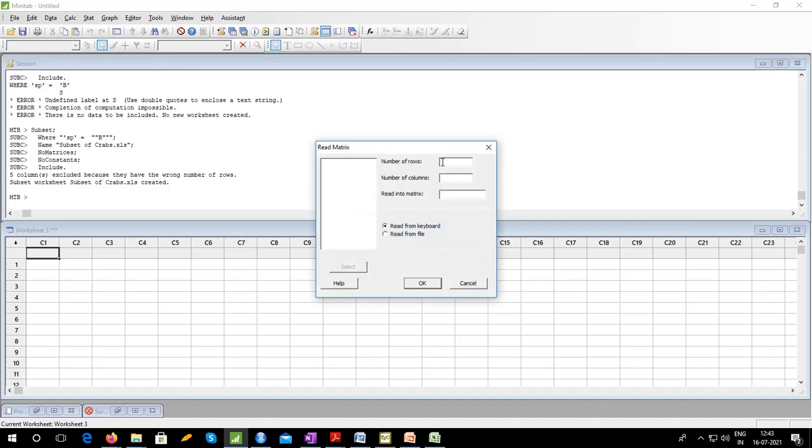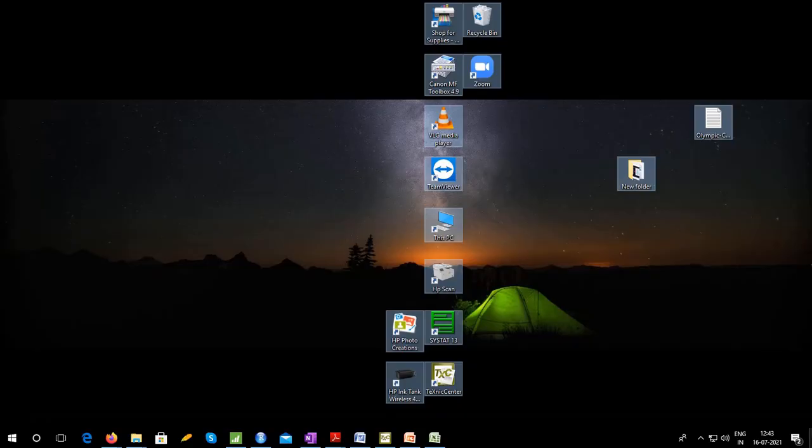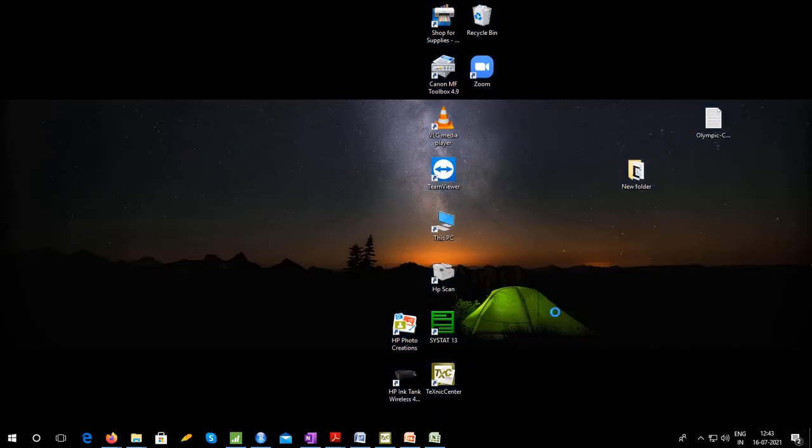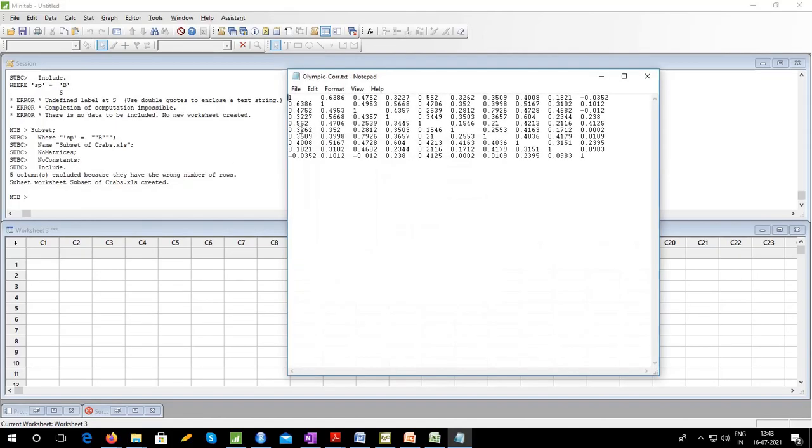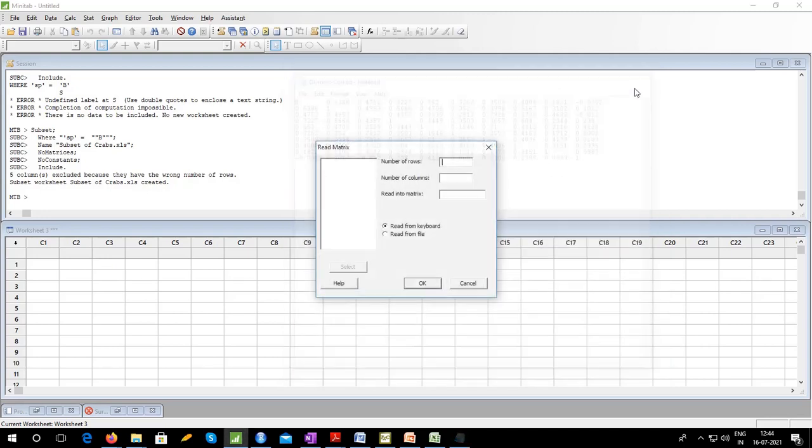How many rows, how many columns? Does anyone remember the number of variables? One, two, three, 4, 5, 6, 7, 8, 9, 10. 10 rows, 10 columns.